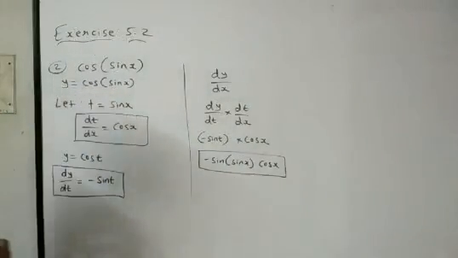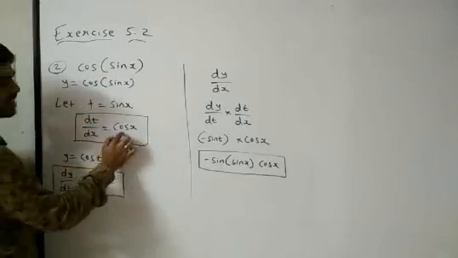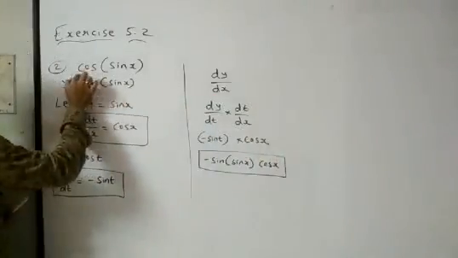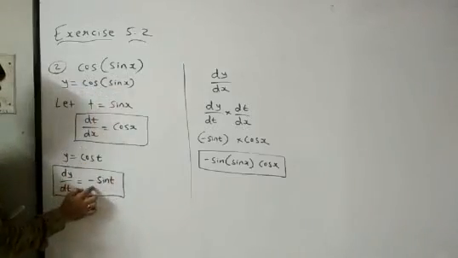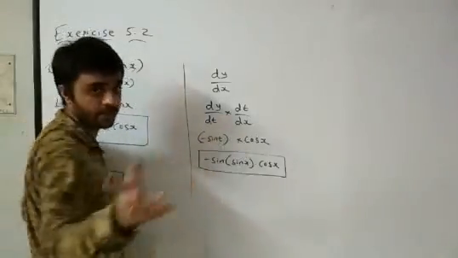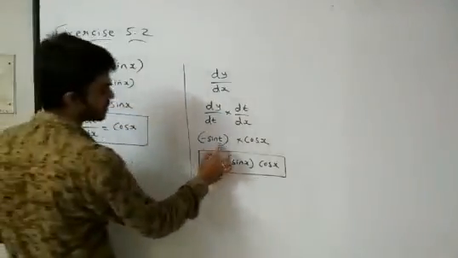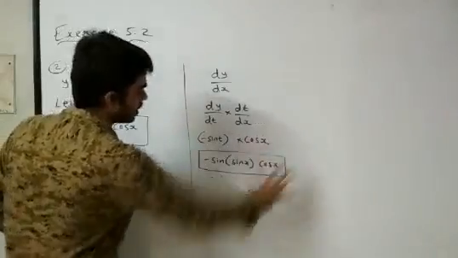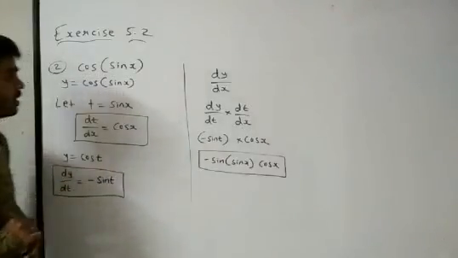See, once you understand the chain rule, then it will be very easy for you, right? In cos of sin x, sin x is equal to t, dt by dx you find is cos x, that we put over here with dy by dt. So y is equal to cos of sin x, assumed as cos t. The derivative of cos t is minus sin t, multiplied by cos x. But we are not writing t because our question is in the form of x. So instead of t we write sin x, and minus sin as it is. So minus sin of sin x into cos x is our required answer. Clear? I hope it is clear with you.